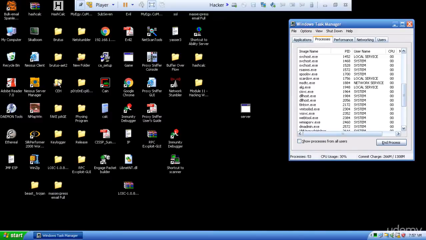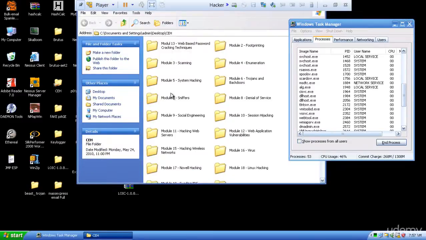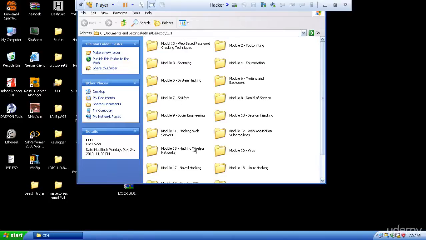What is wrapper? Wrapper is to hide a malicious code or a malware inside a program or a game. So it will seem a regular program and it will run as a regular program, but it includes a malware inside. So let me show you a sample of wrapper,